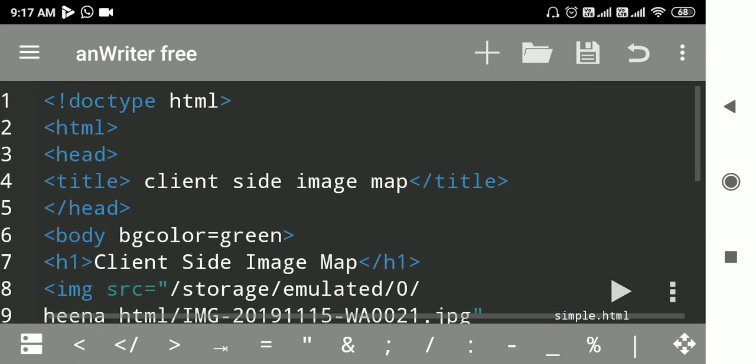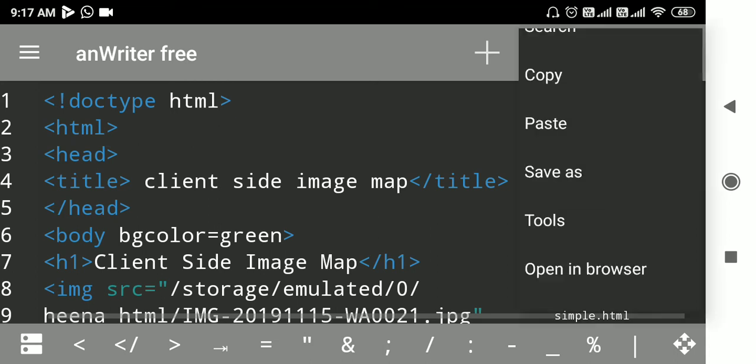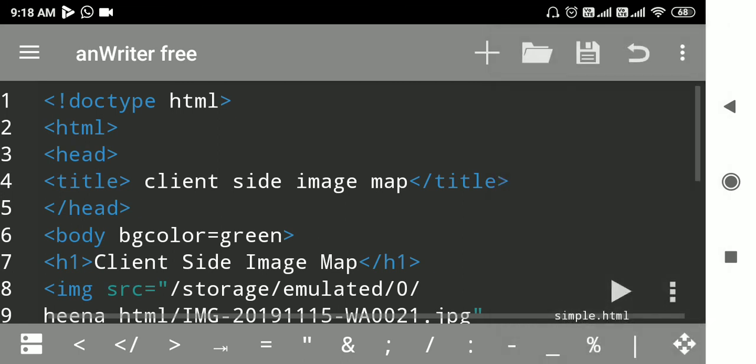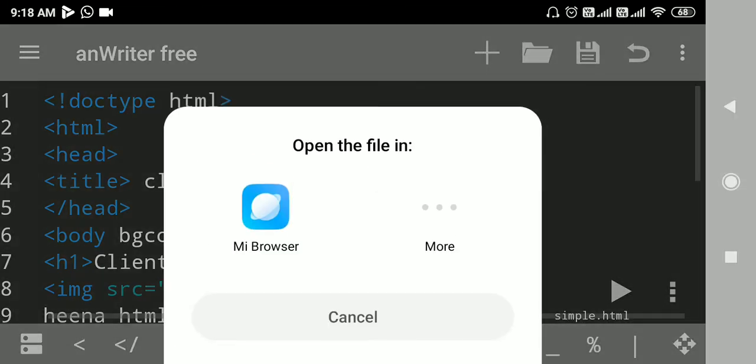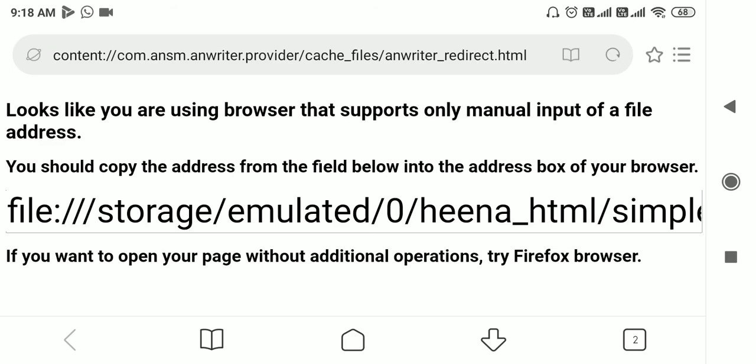We'll save this code with the extension .html and execute it on a web browser. We'll save this and open it in a web browser. Here we have to select the option open in browser. Here we are going to select the whole path, as you can see, starting with file colon.